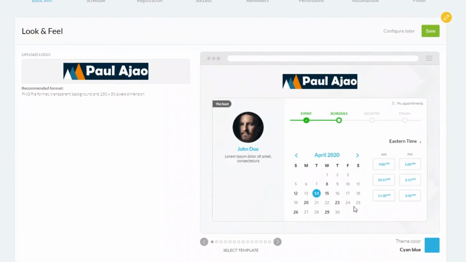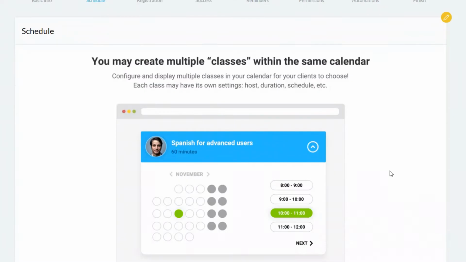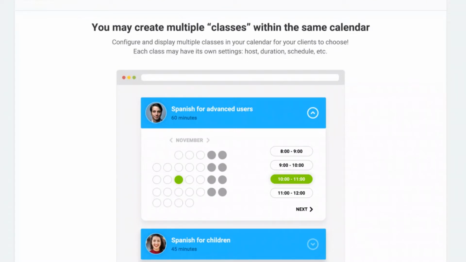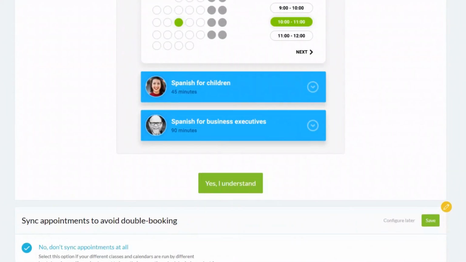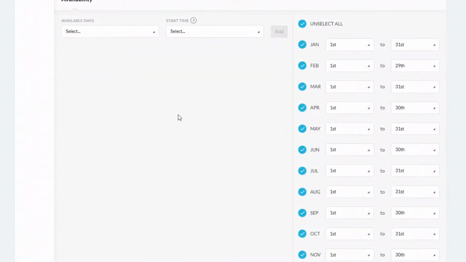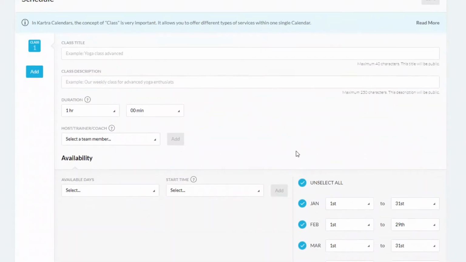Then over here we can change the coloring. If we look at where it says select templates, you can change the color to an orange color. There are other color options such as red or green. I'm going to stick with the cyan, which I quite like, and then click on the green save button and then save and next. Then there is a message which tells you about classes. Now, events within Kartra Calendar are called classes. And then click on that to say yes, you understand,